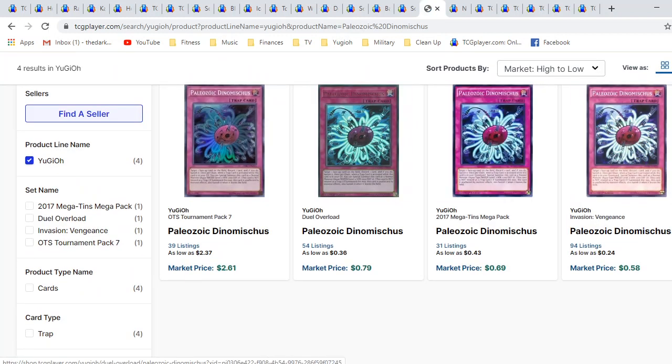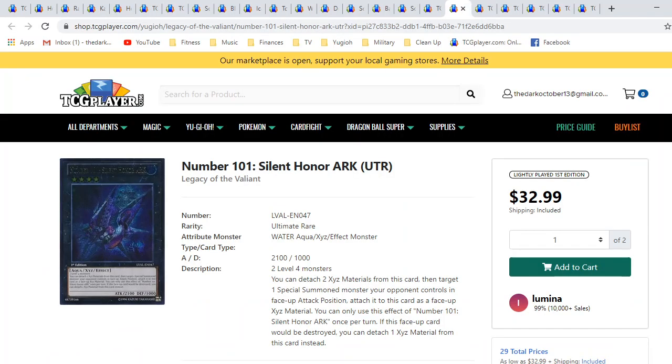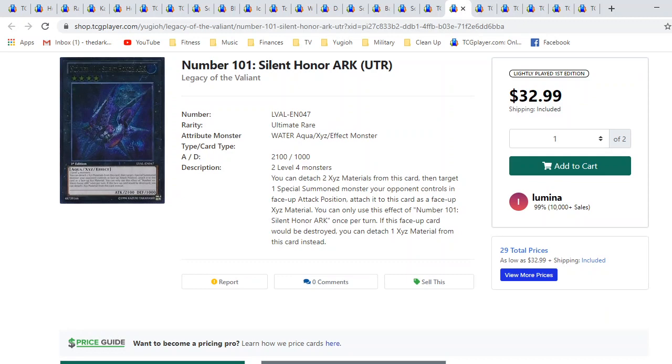Of course, you have the dual Overload Ultras, which are like under $1, not really a big deal, and then some commons that no one really cares about. Number 101, Silent Honor. This is the ultimate rare version. I know there's at least a normal ultra rare version, but ultimate rare is where you want to be. Everyone's always going to prefer this ultimate rare, even the first edition ultras. It is quite pricey, but this is just a snatch and steal on legs, or should I say more of a,